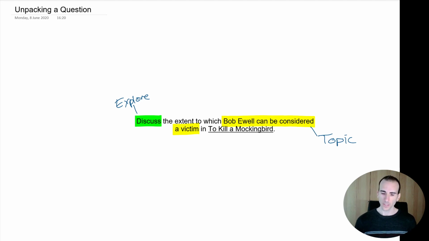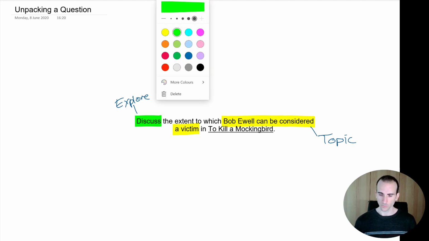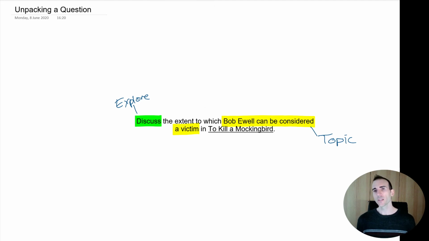Now, the other word that I think is really important, and again, I'll switch to a different color here. Blue, that looks nice. The other important word in this question, maybe you can see it, is the word extent. I call this, and I'm just making up this term, the key word, because I've noticed often essay questions will have some kind of key word, not always.